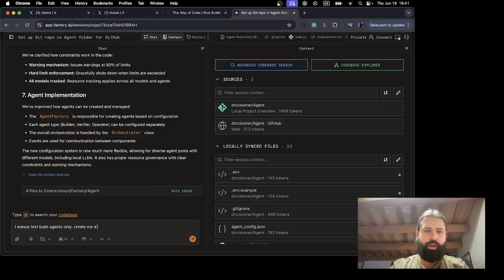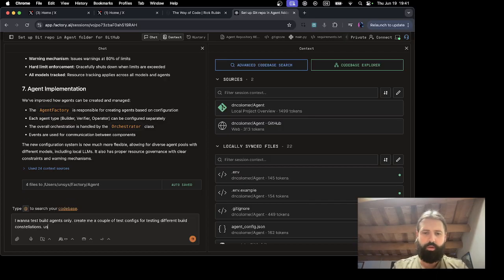Create me a couple of test configs. Use multiple agents.